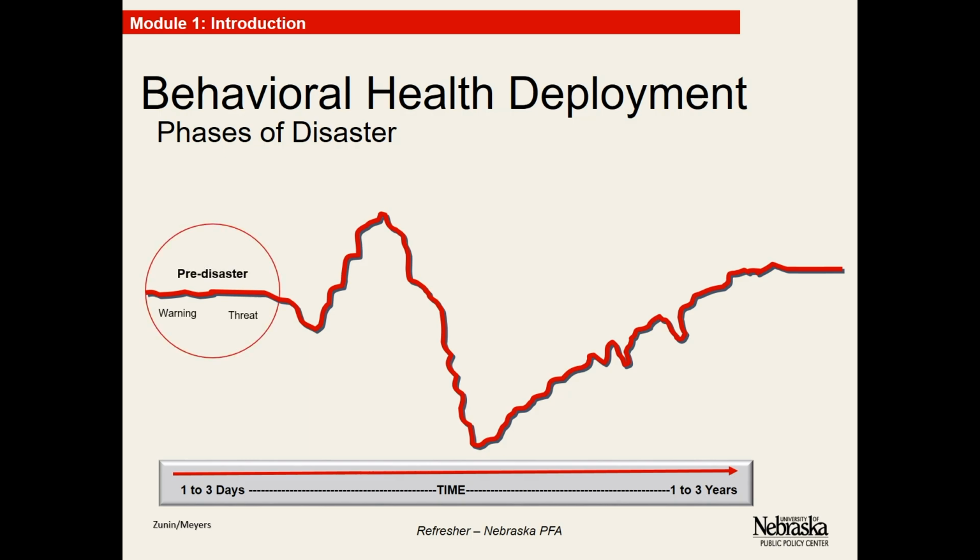In some cases, you may be deployed to a location where people are anticipating a disaster. This is the pre-disaster or warning phase. People may be on edge and are bracing for the unexpected. After the initial shock of the disaster, there is a period where emotions run high, referred to as the heroic phase. Community members and emergency workers bond together in immediate response activities. You will see neighbors helping each other, and the community welcomes volunteers.